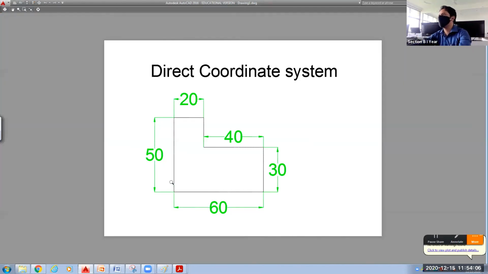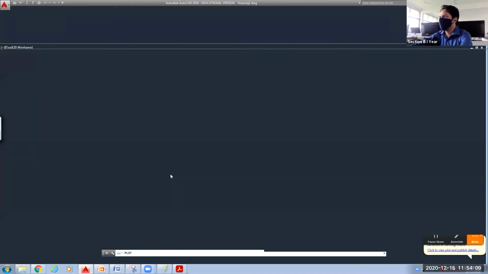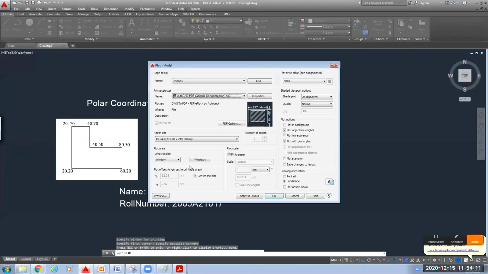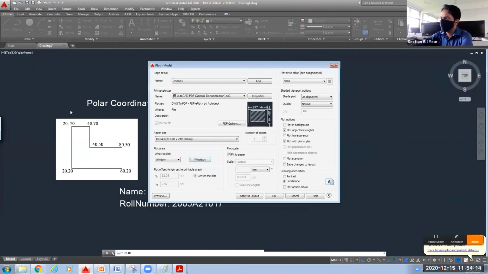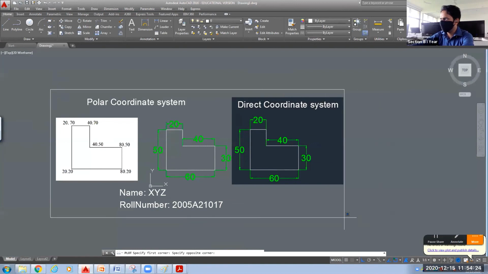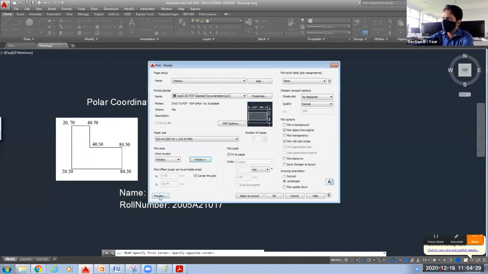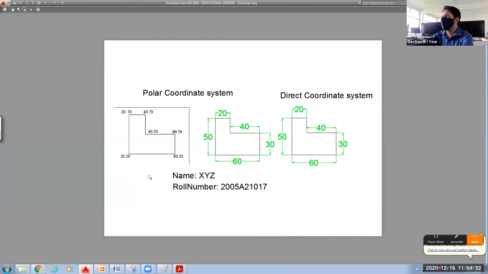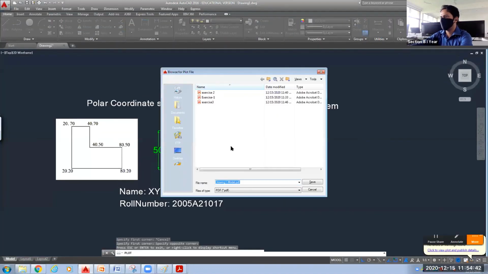Now I hope this is clear to all of you. So let's save it. For reselecting the window, you can click here. Earlier, this one was the selected window. I want to reselect the entire window, meaning this one, the new window. You can click on preview and you can see what is coming. Now save it. At the top left corner, that printer icon is there. You have to click there and it will come to the plot.